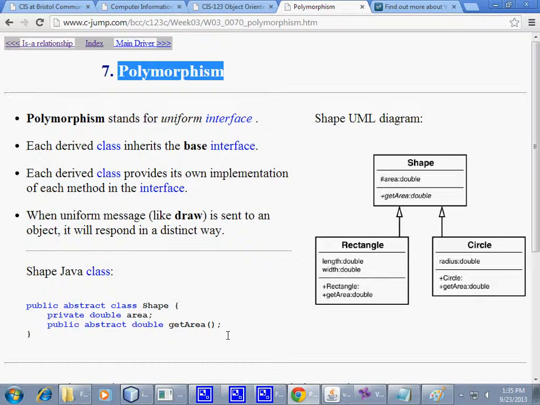It's also called dynamic polymorphism, to be complete, because this polymorphism happens at runtime, right?